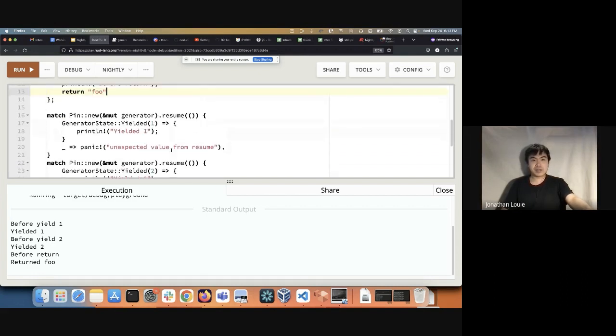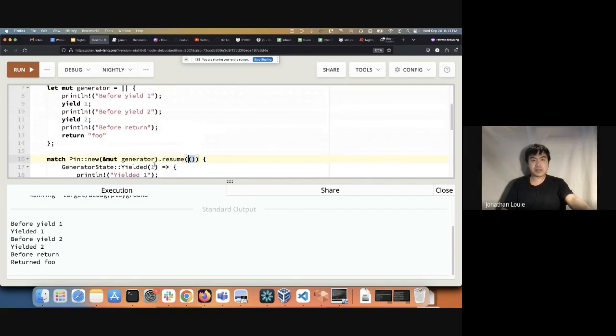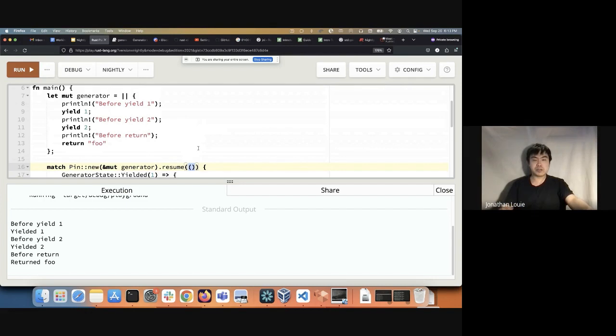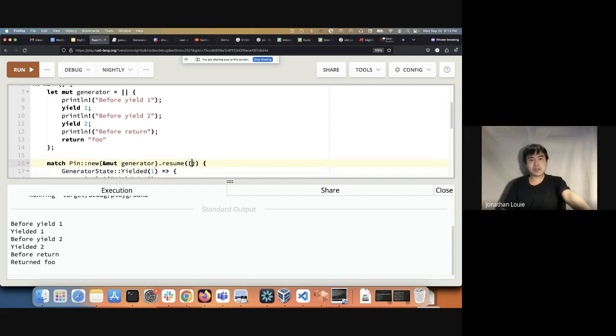Another thing I want to note is you'll notice that resume actually takes a unit. That seems a little bit weird because most functions that don't take any arguments, or at least take an argument that they aren't going to use, are not going to explicitly take unit. You shouldn't need to do that. And I'm not 100% sure about this, but I'm like 90% sure about this. And the reason they do this is because